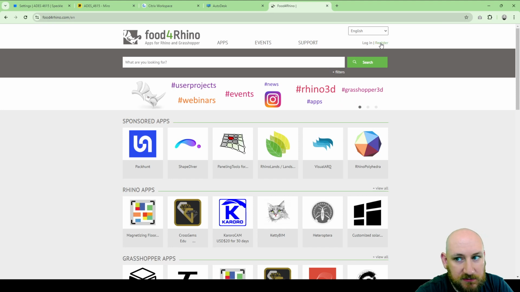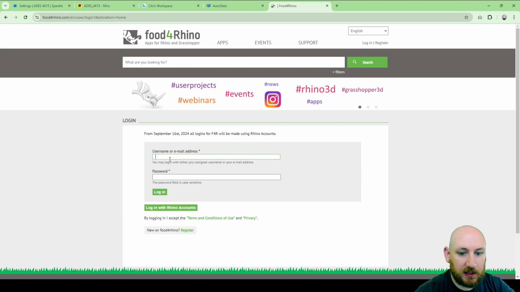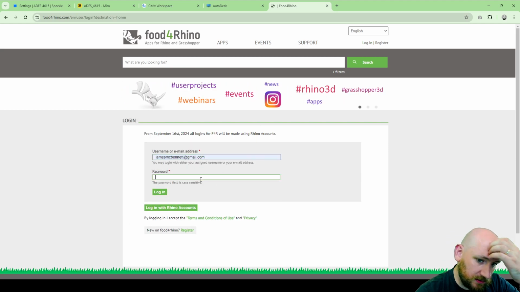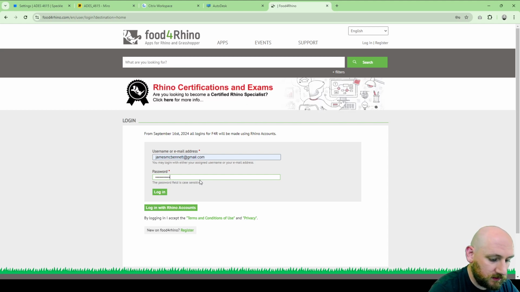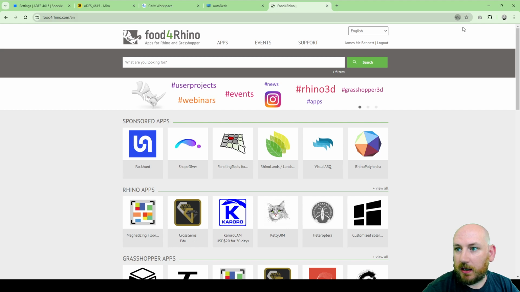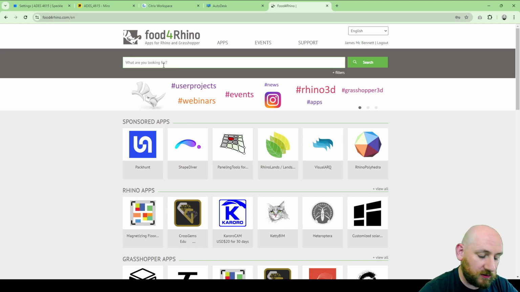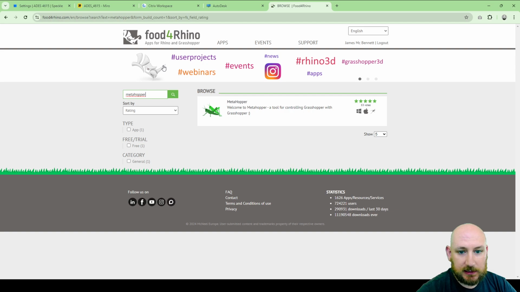For that, you need to register an account, and I'm going to use my Gmail because it should work. Oh, that's weird. Actually, that's my password. Yeah, okay. So you need to log in, and then you can download files. So I search MetaHopper from here, and there it is, right? So I go MetaHopper from here,